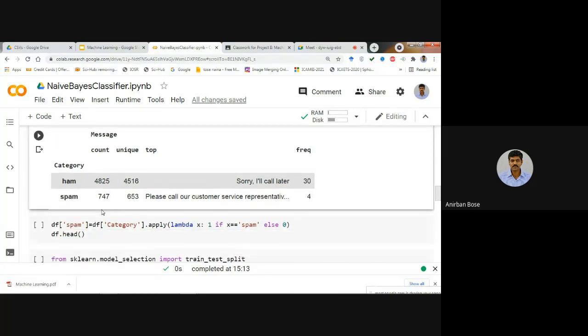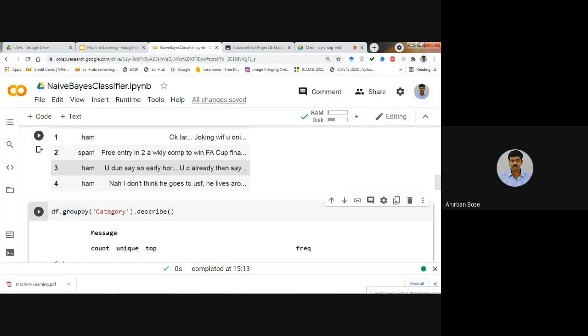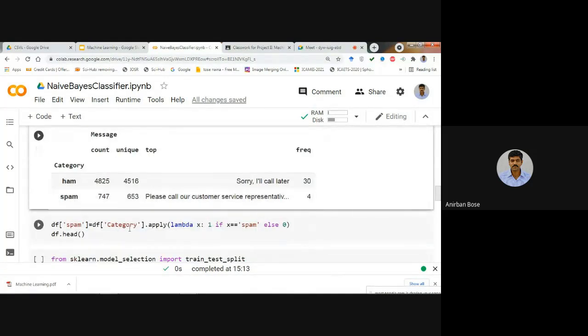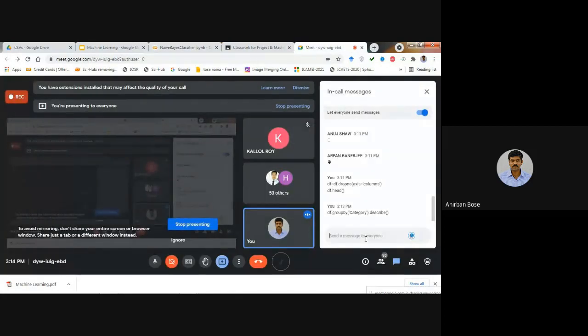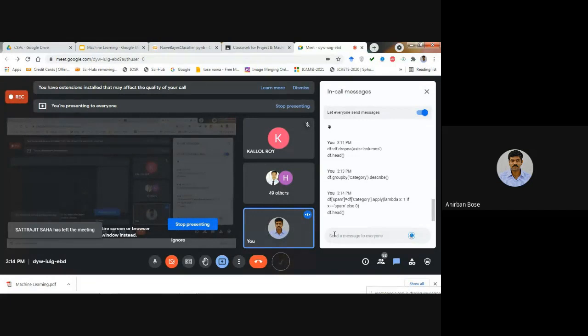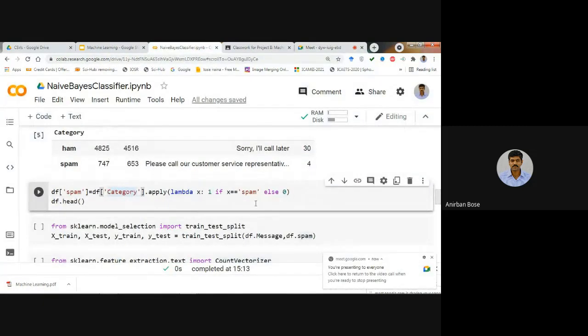Next is that what you want to make is that definitely we have to convert everything into numbers, because with only numbers we can do some model. So ham and spam we can replace by 0 and 1, and you know many ways we can do that. One of the ways that we can use is the lambda function. Any one of the ways you can do. There are many methods we have done in different earlier coding exercises in a different way. Here you see what we are doing.